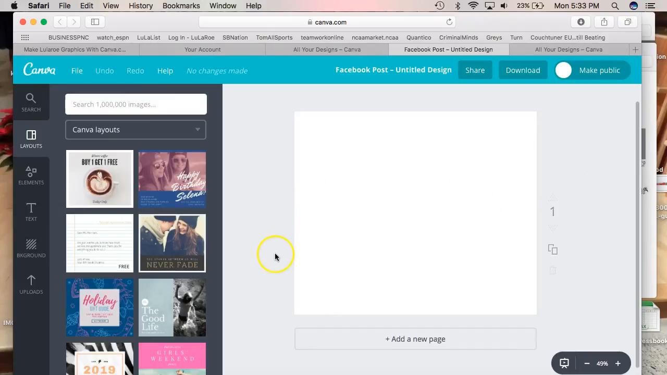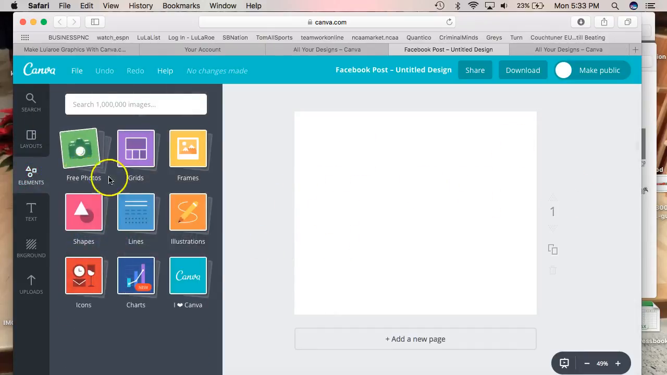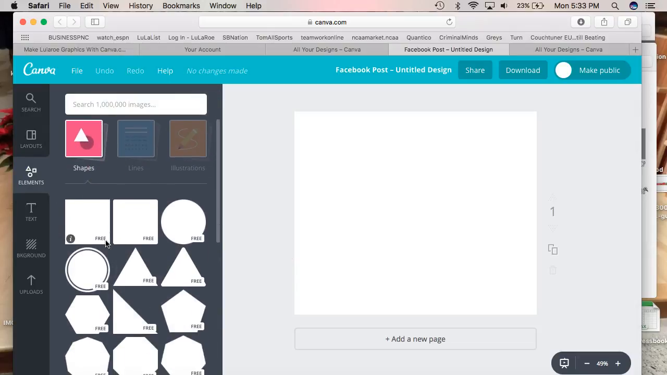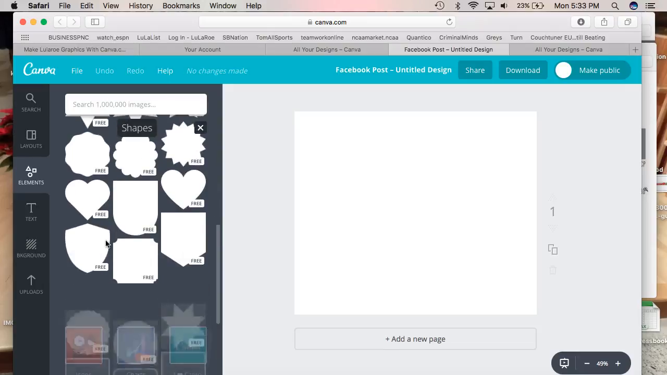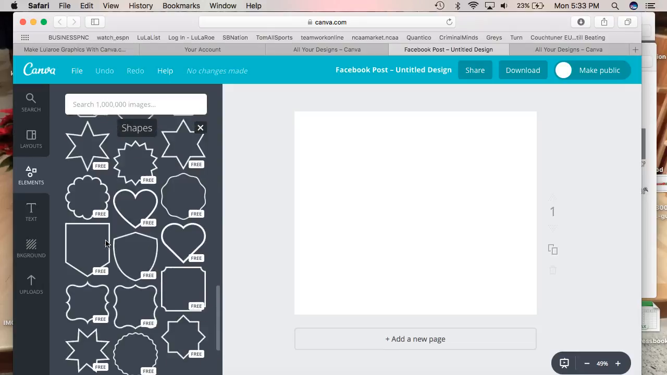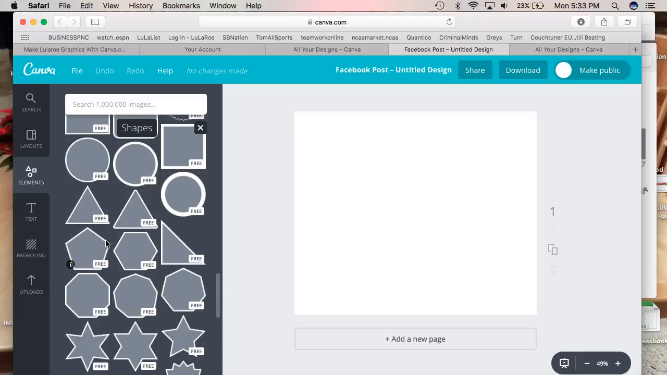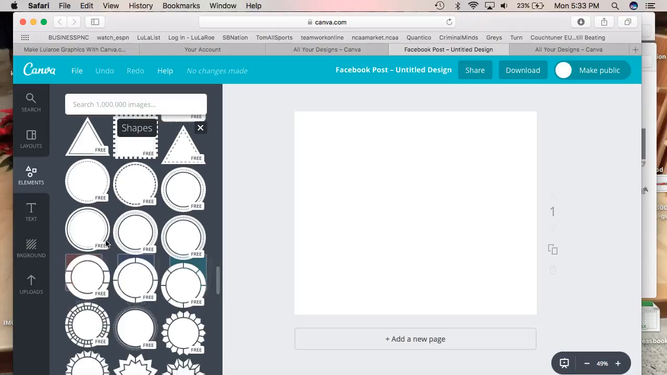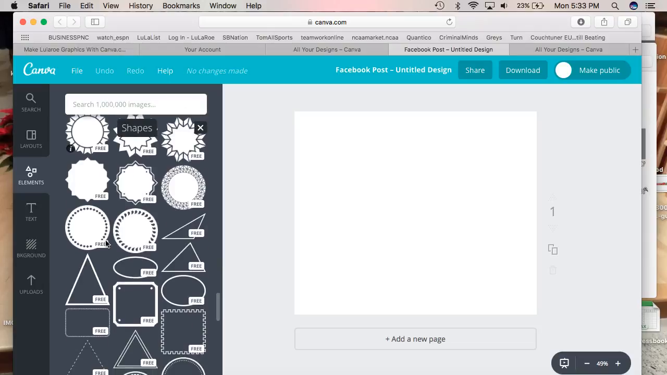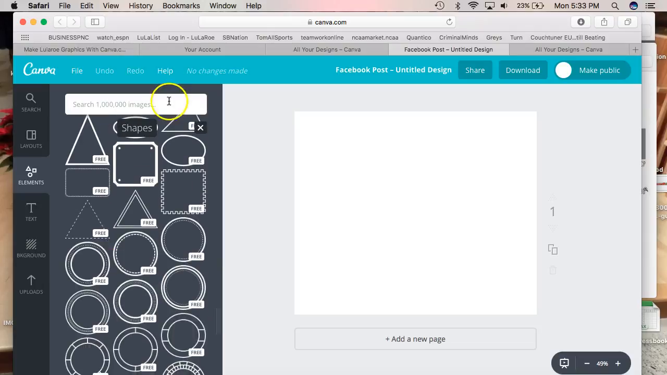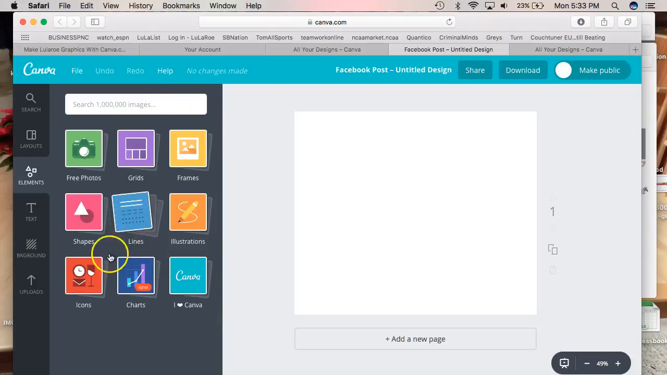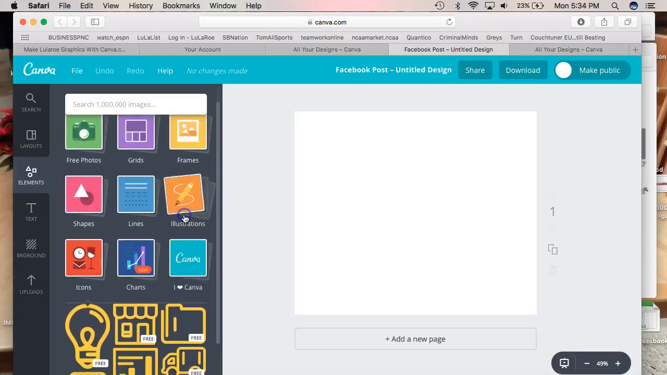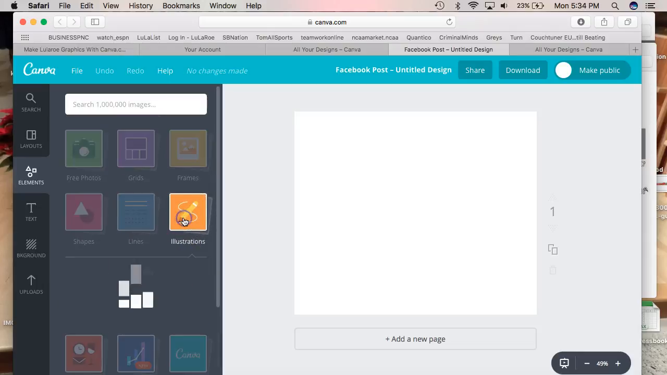Starting out with a blank slate, you'll want to click Elements, and Shapes is usually where I start to put a background on it. They have a lot of shapes. All of these shapes here are completely free. This is just, like I said, the free version of it. So you can pick any of these shapes to use as a background. They also have a pretty good variety of icons and illustrations and stuff,